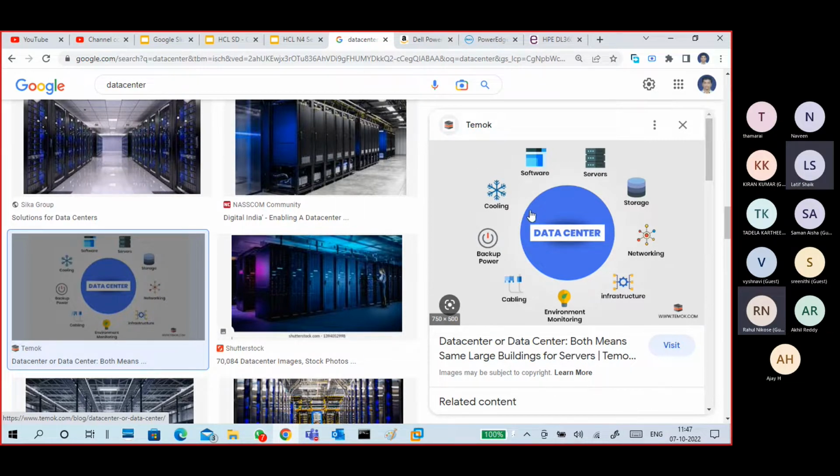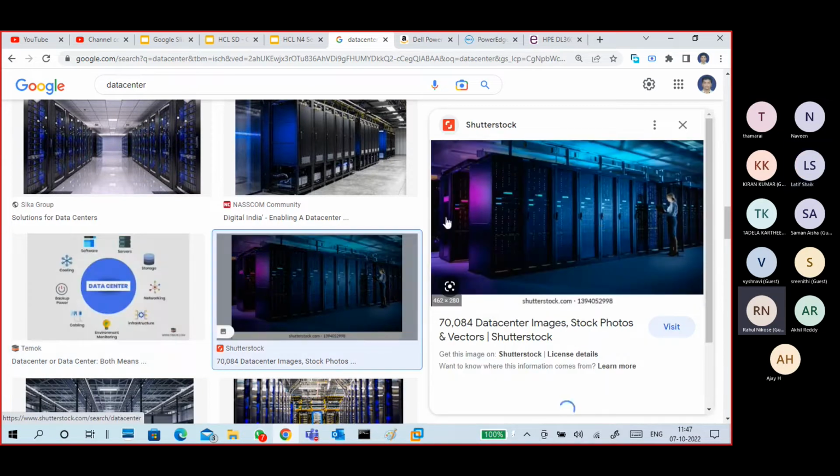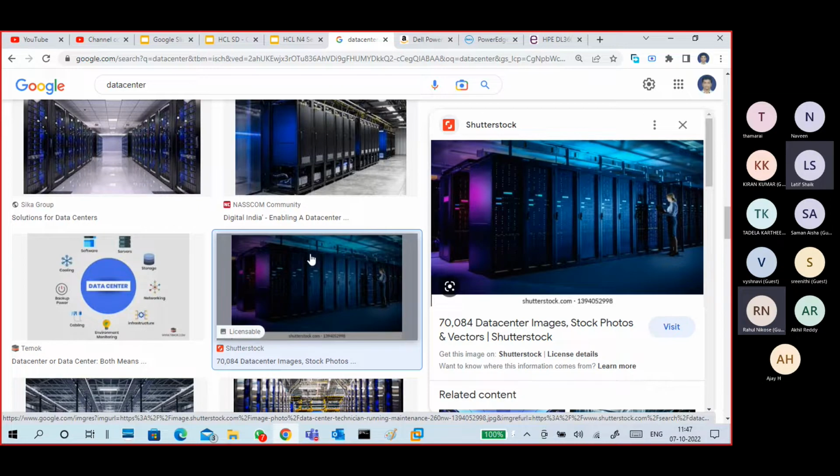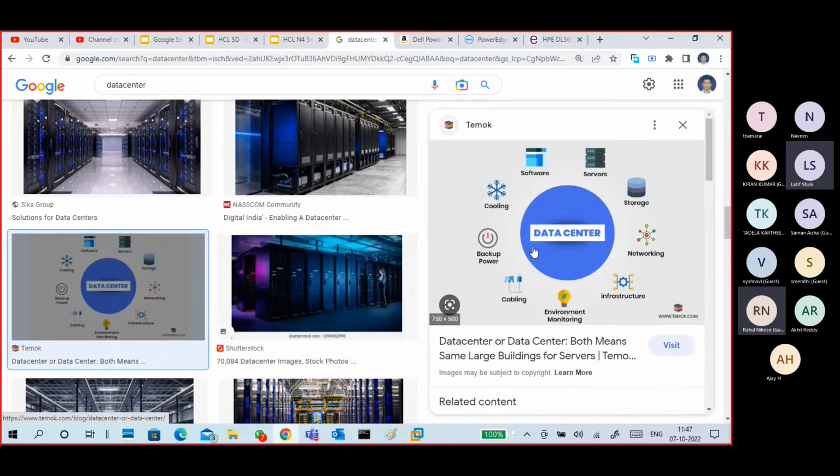We have cooling systems, you have software running in your data center, your servers are running in a data center, you have storage to store the data, right? That storage is in the data center, along with networking components like switches, routers, cabling. So you have to maintain this environment: the temperature, humidity, air, carbon dioxide, carbon monoxide, oxygen levels you have